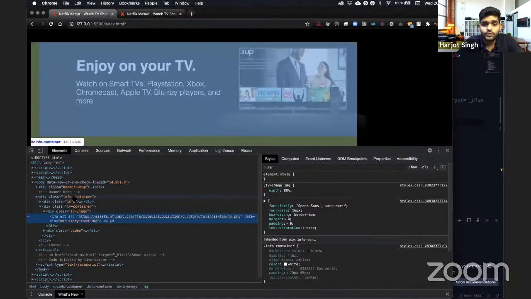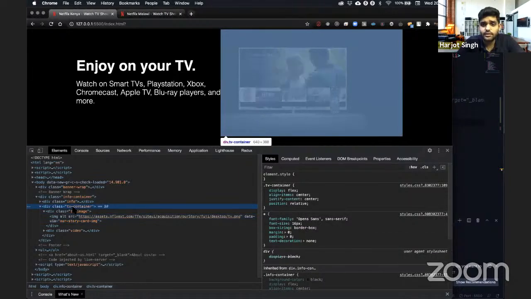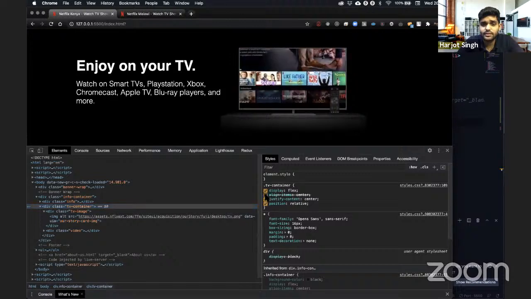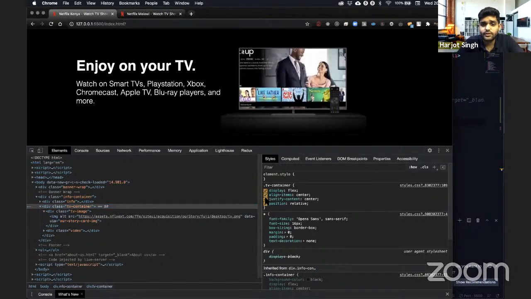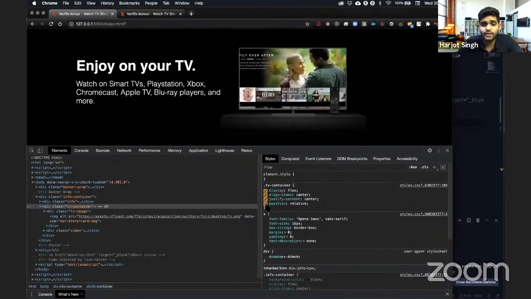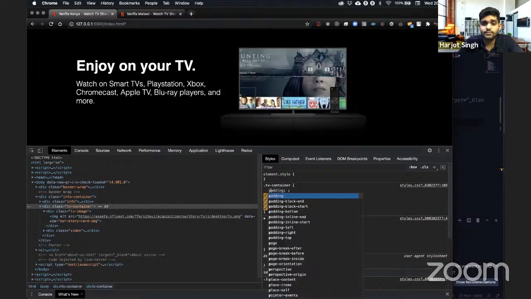So we've got the info container, and then we have the TV container. The TV container has display flex, align item center, then justify content center doesn't seem to be working. If I remove position relative, that doesn't help. To the TV container, if I add some padding,